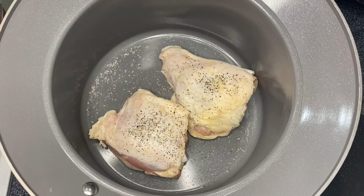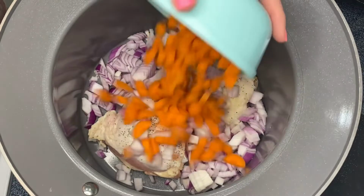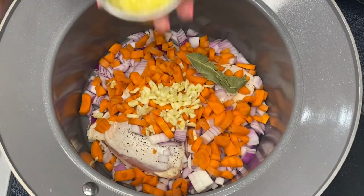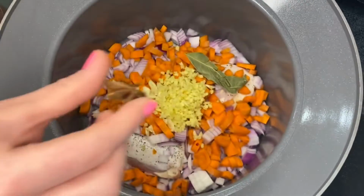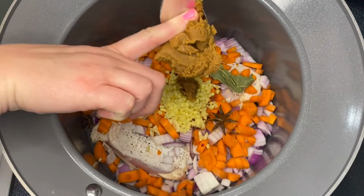I started by putting some seasoned chicken thighs in the bottom of a soup pot. These are bone-in, skin-on. To that, I added a chopped up red onion and some chopped carrot, a bay leaf, a bunch of garlic, and a bunch of ginger, a star anise. This is what these little cute guys look like. Some miso paste,